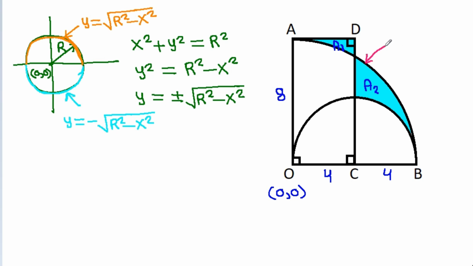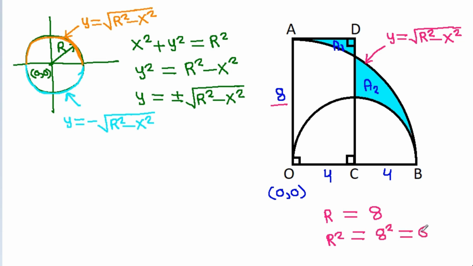So here the equation of this quarter circle will be y is equal to square root of r square minus x square, and r is equal to 8. So r square will be equal to 8 square, that is 64. So y will be equal to square root of 64 minus x square,